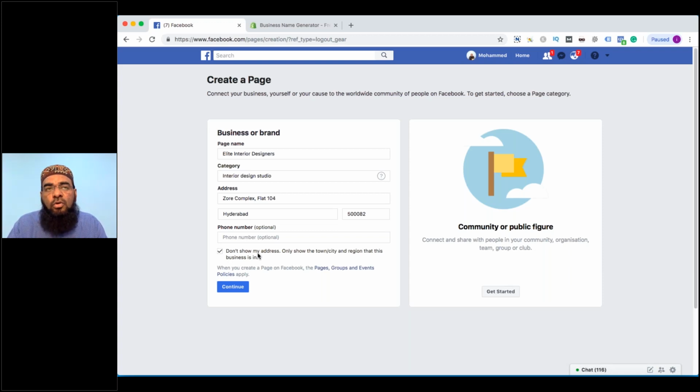So in that case, sometimes from Facebook people want to come and visit our web page. So in that case we show the office number, but generally office address is not shown for online businesses. It depends. So I will not show the address. I'll only show the city and details. And phone number is also optional, but if you show, it's a good option. So go ahead and continue.